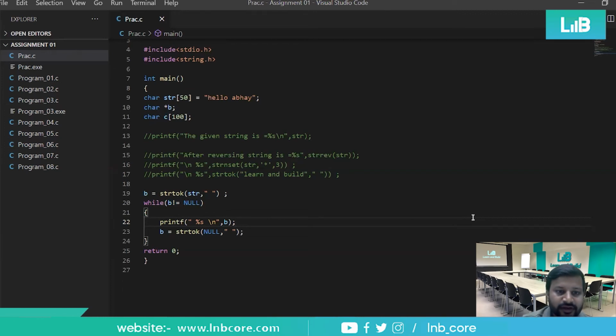It will check for null, whether null is coming or not. For null, it will check the condition once again and will put this data into B. And this process will happen again and again, until we get null in B. This while loop will run until null comes in B, and B will be null only if the string has been fully covered. So run it once now, Vaibhav.